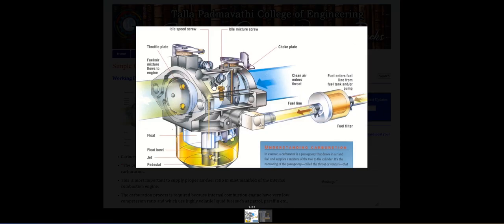carburetor. Okay, so as I told you, these are some of the examples that you can use as an idea for your work. If you go to my YouTube channel, you can find an old video I made for the same topic, and this will help you a lot to make your